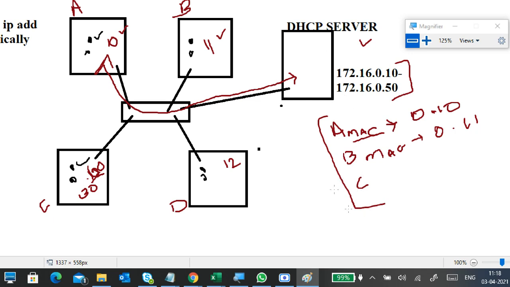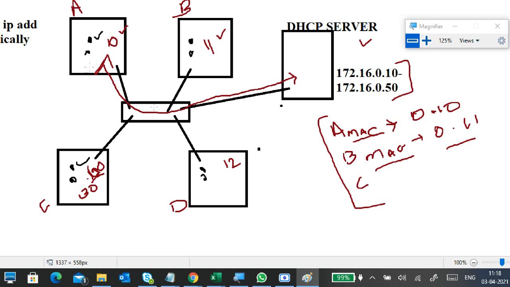So whenever a system connects, it automatically gets the same IP address based on your MAC address and your PC. That's why you usually get the same IP. If you get a different IP, it means your DHCP server is not storing your list of data; it is clearing that cache. That's why you are not getting the same IP daily.